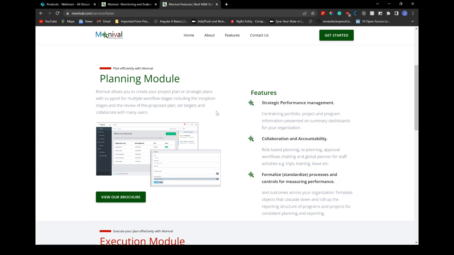Your proposal will go through the stages of review. The proposal documents will be analyzed, and finally, after a proposal has been approved, it becomes a project, which also falls under this planning module. So you can create a project